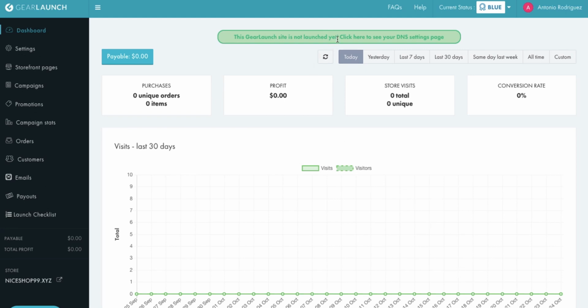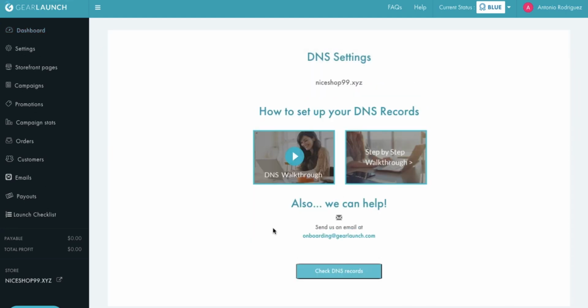Put your host to set up your store. To get started setting up your store on your own domain using our platform, visit our website